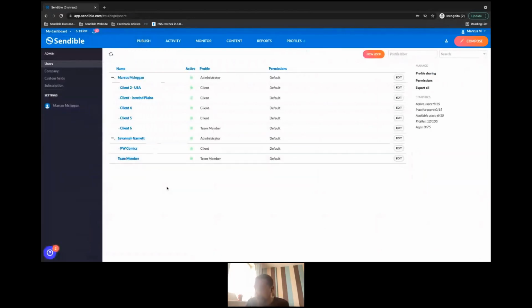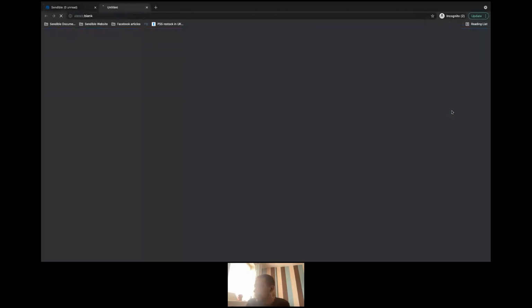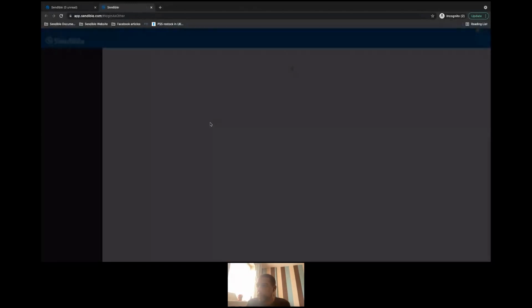I can then take you through the permission group. So in order to kind of show this off a bit more, I want to log in as my team member in a brand new tab. So I'm just going to sign in as another user over here. Okay, because I'm going to show you what the team member sees now, make some edits so then you can see what effect that will have.